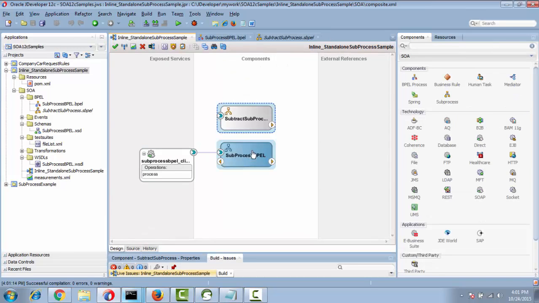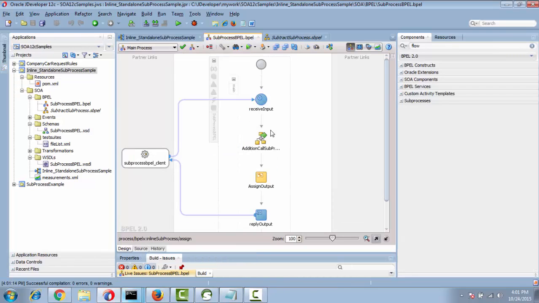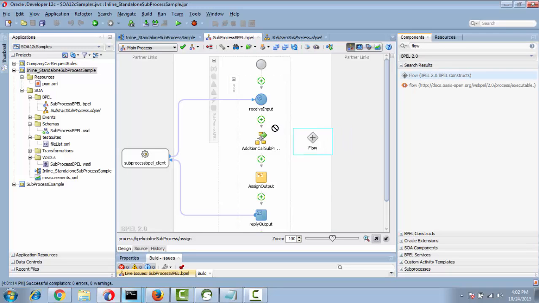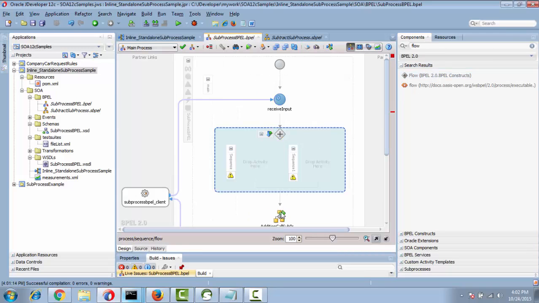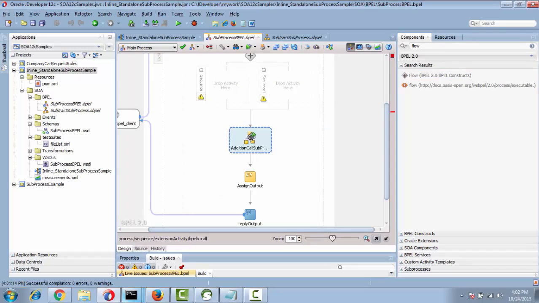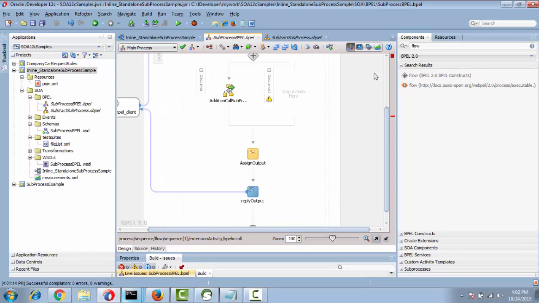and see, it's not connected. We know that using the call activity we can call a subprocess. So already this is an inline subprocess. I'll use a flow activity to run addition and subtraction in parallel. For that, the flow activity, I'll place this one here, and here I'll call using